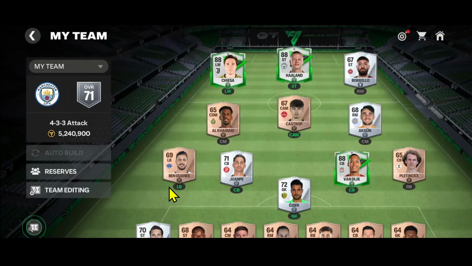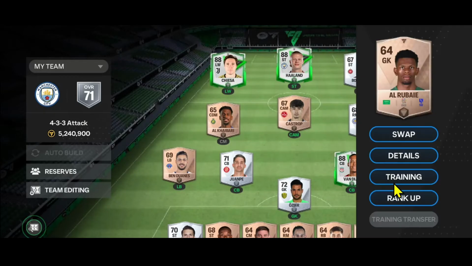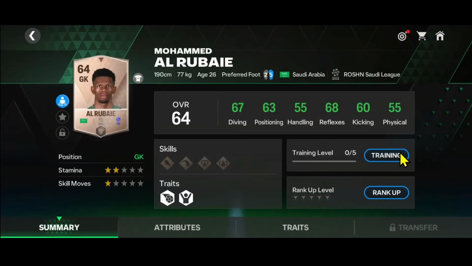From this page, just choose whichever person or team member you would wish to remove from your team and you will see a transfer option. You can tap on Details to see the details of this player, and if you don't wish to keep this player within your team anymore, you can tap on the transfer button at the bottom right corner, which might not